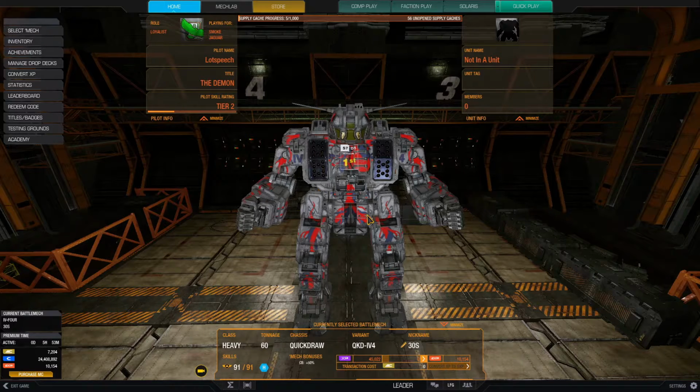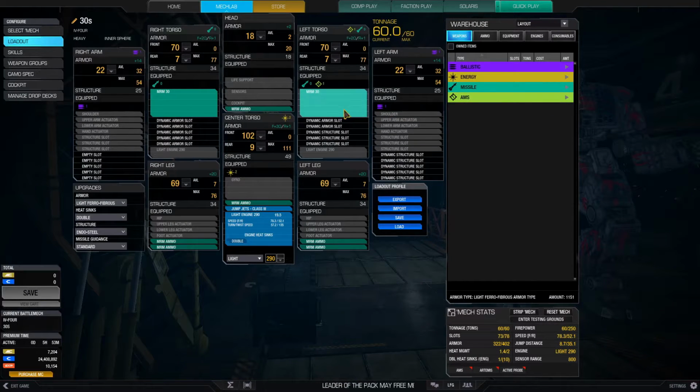I'm going to finish off the video with a little bit of the build theory behind the IV4 and why it's such a good mech. The mech that I was running at the time is the dual MRM30 version of the mech. I don't have this mech super scienced out. It's not super optimal or anything. I probably just threw this together a couple of years ago when it was meta in faction play, but